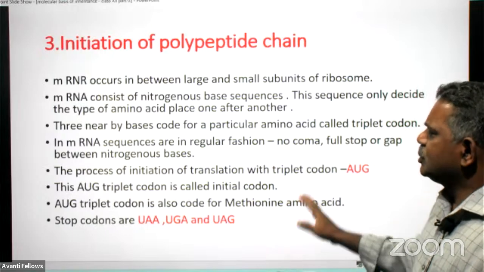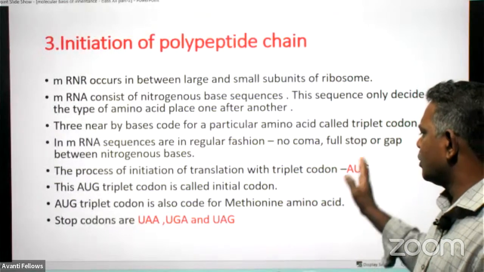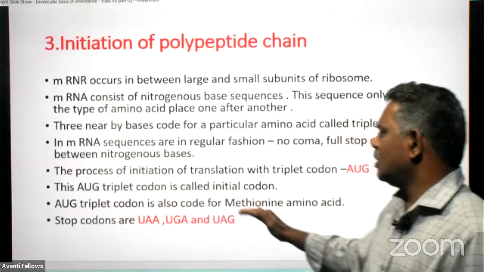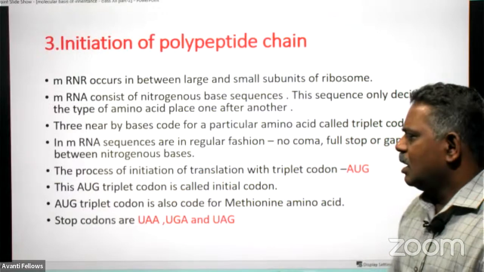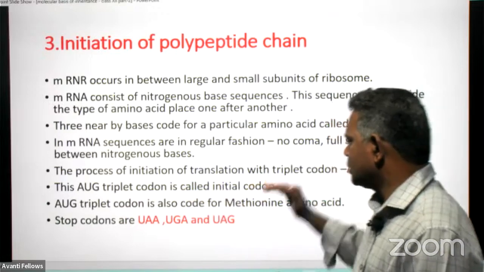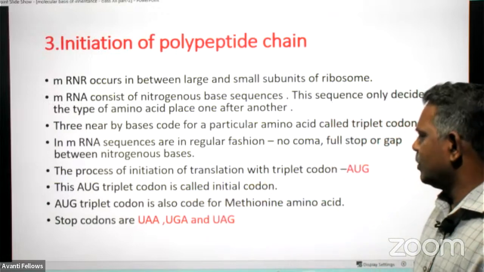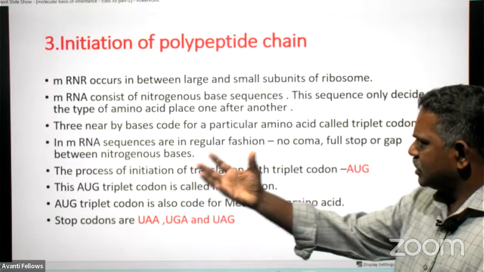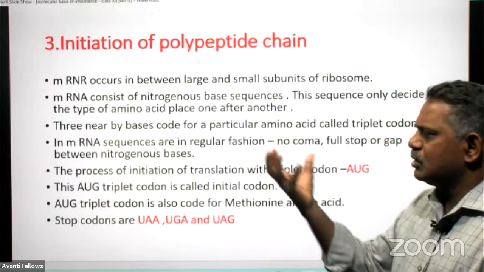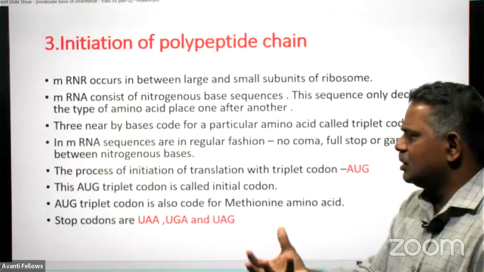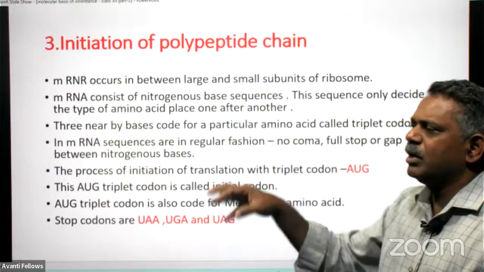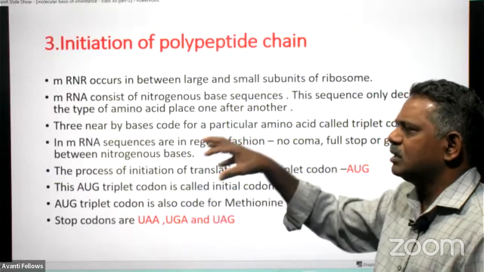The process of initiation of translation starts with the triplet codon AUG, and this AUG triplet codon is called as what? The initial codon, and the AUG triplet codon also codes for the amino acid methionine. And the process after initiation of the translation, tRNA will place all the amino acids one by one according to the triplet codons present in the